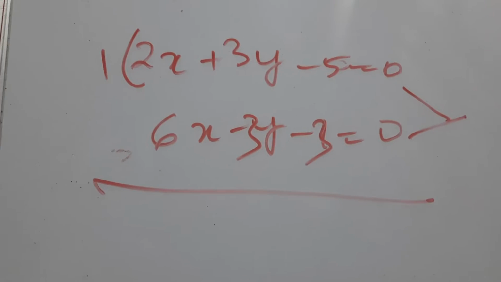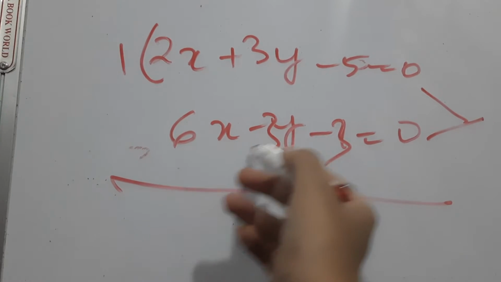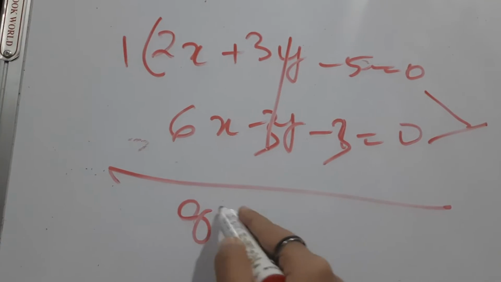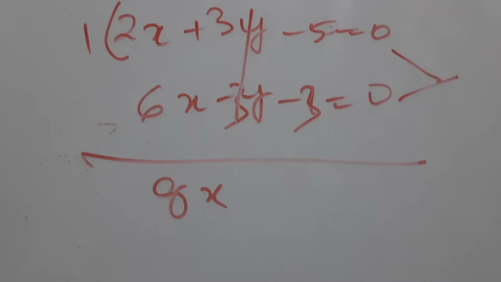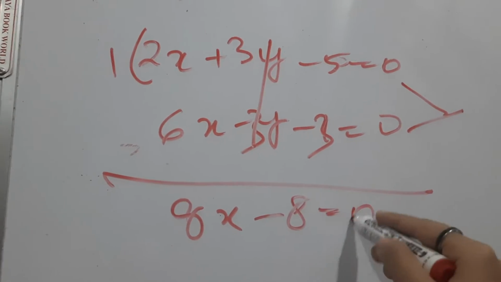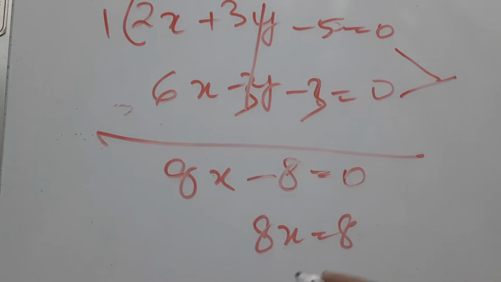You should know this, okay? You're doing IIT and competitive things. So here plus 3 minus 3 gets cancelled and you get 6 plus 2, 8x. So 8x, and then minus of minus will get plus 8 equals to 0, and 8x equals to 8 and x equals